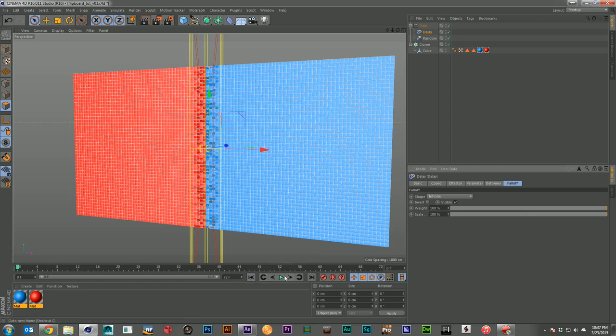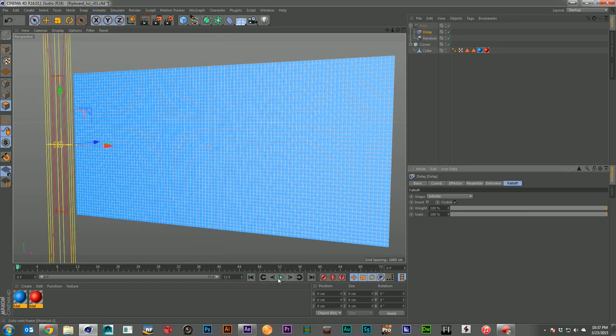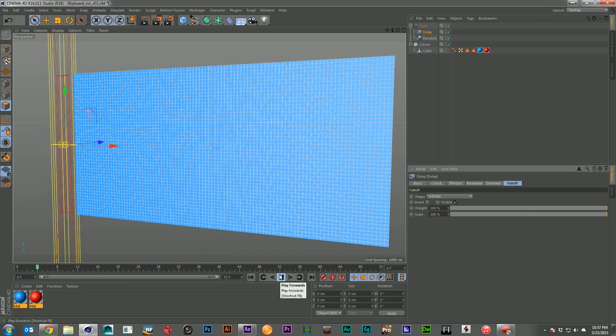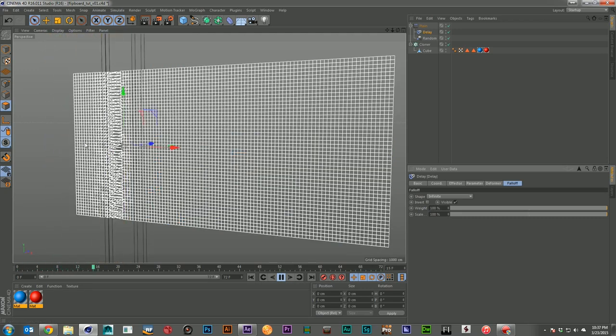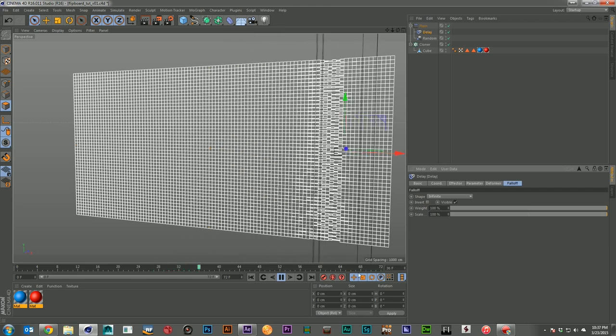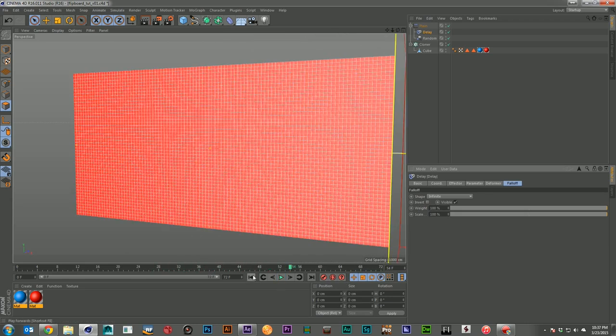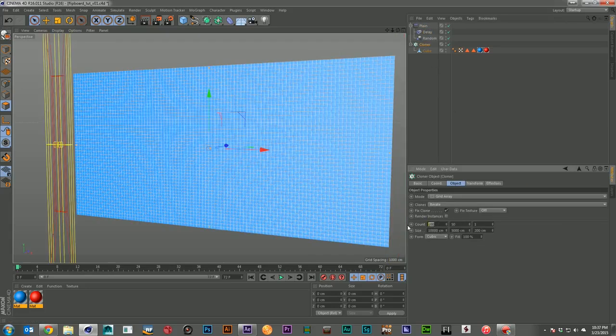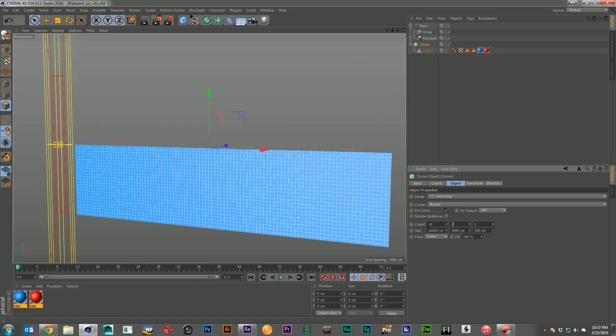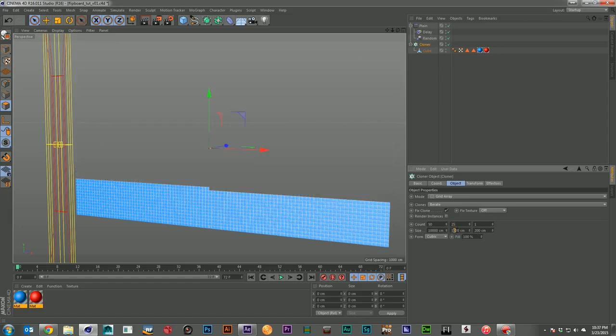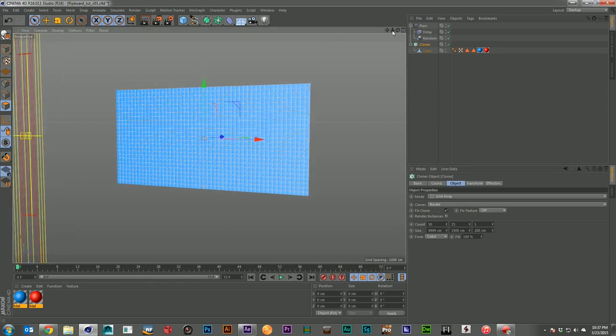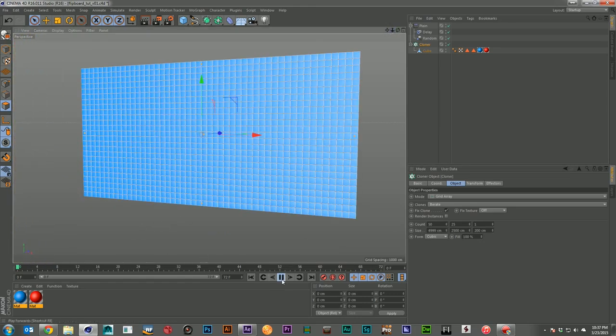And if we back it up and we go ahead and play it now, watch what's going to happen. Here, let's go ahead and reduce this down a little bit because it's just unworkable. It's getting to be a bit of a problem to try to keep this going at this high resolution. So let's just bring this down by half. That should help us out a bit. There we go, that's a little better. So now let's go ahead and play it through.